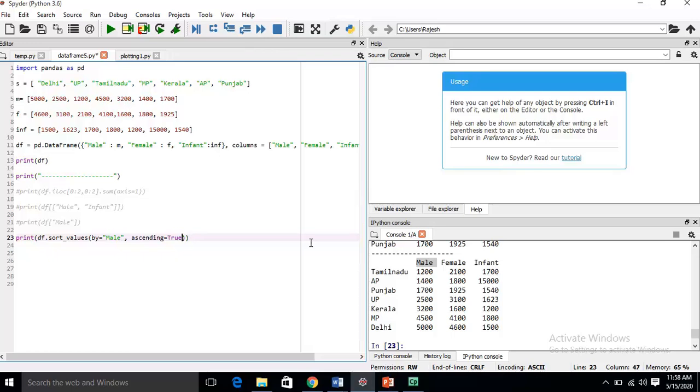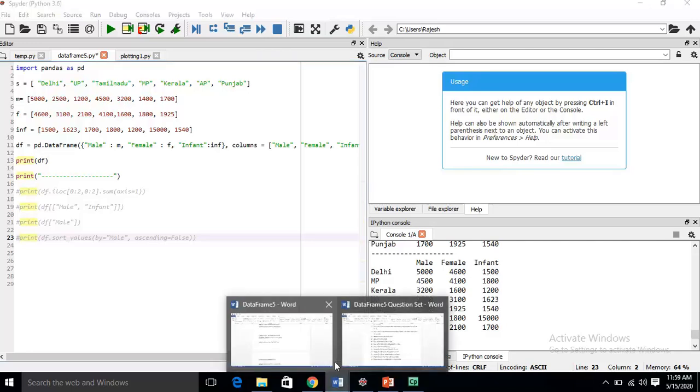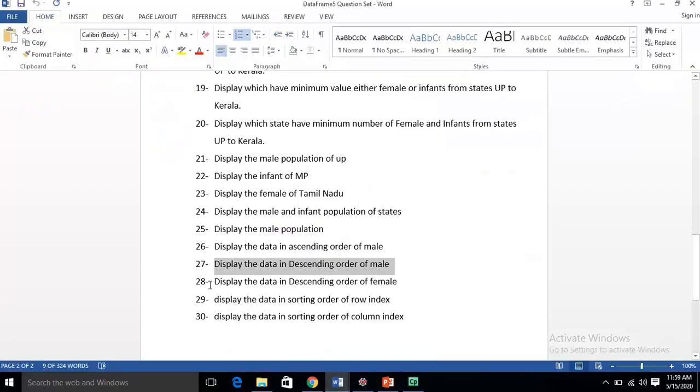You have to do this. If you want descending order, you simply write false, and just see, it is in descending order. First the higher population, then subsequently it goes down: 5,000, 4,000, 3,000. Let's make it a comment. We are moving to our next question.